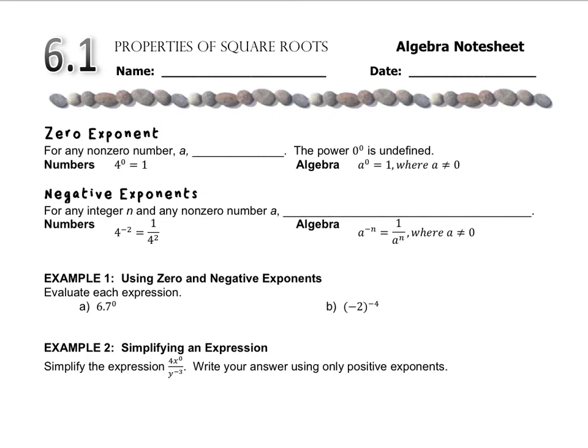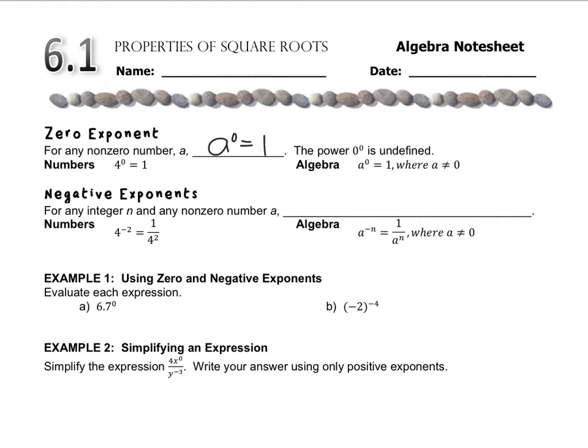We talked about zero and negative exponents in pre-6. We're just going to review that first. For any non-zero number, let's say a, a to the 0 equals 1. Anything to the 0 power is 1. 0 to the 0 doesn't exist. And then here are two examples. We've got 4 to the 0 is 1, and then in algebra, a to the 0 equals 1, as long